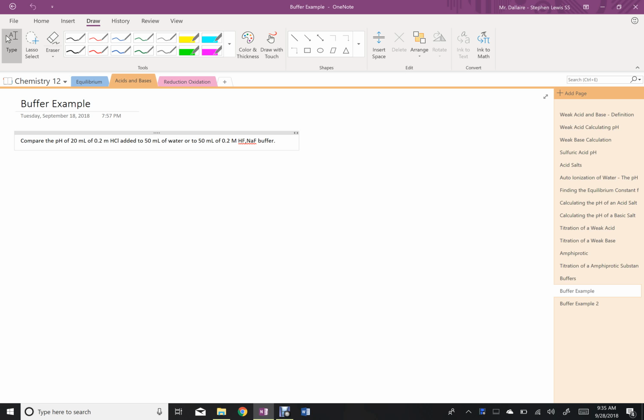Okay, here we're going to look at the actual functioning of a buffer by comparing the pH that would have resulted if 20 milliliters of 0.2 molar HCl was added to 50 milliliters of water, or if it was added to 50 milliliters of this buffer solution. So, if 0.2 molar HCl was added to 50 milliliters of water, 20 milliliters of it,